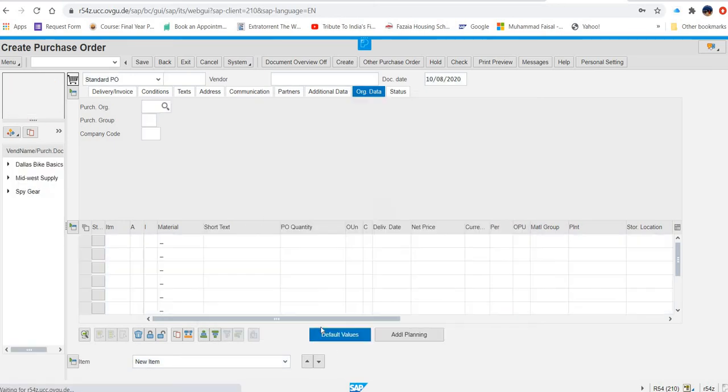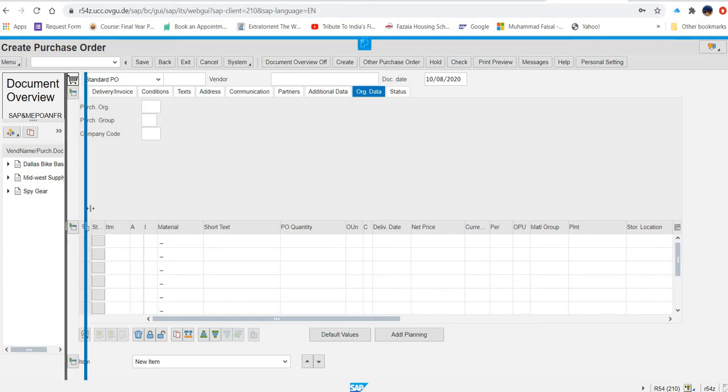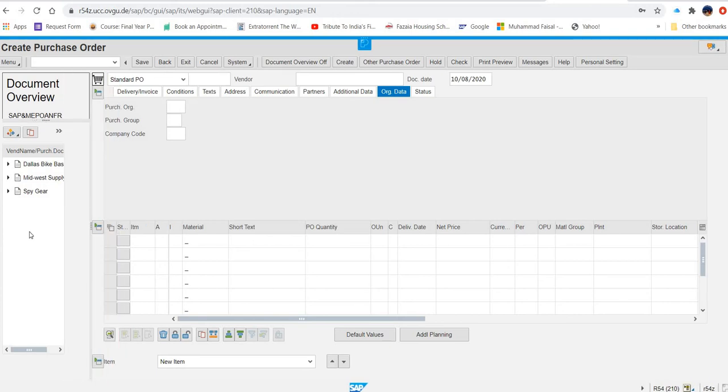And just do this. Now you can see three vendors are there that we have selected for quotations. If I expand it a little bit like this, you can see the full names of the vendors. Now if you click on these vendors, you will see the documents that we have created with these vendors.